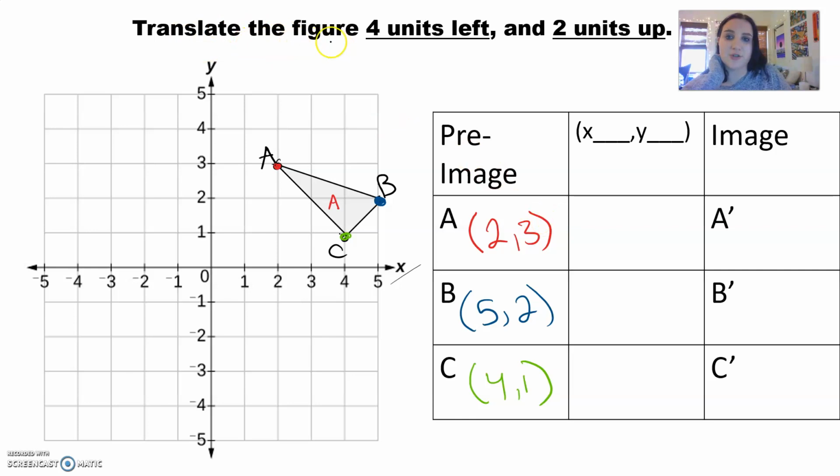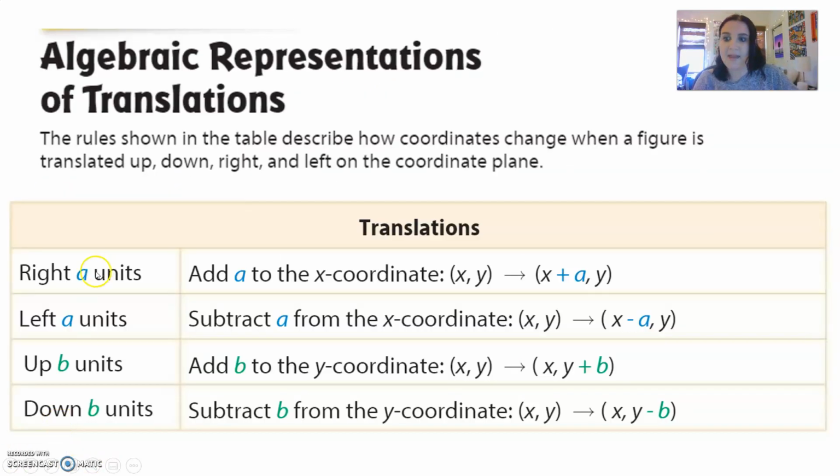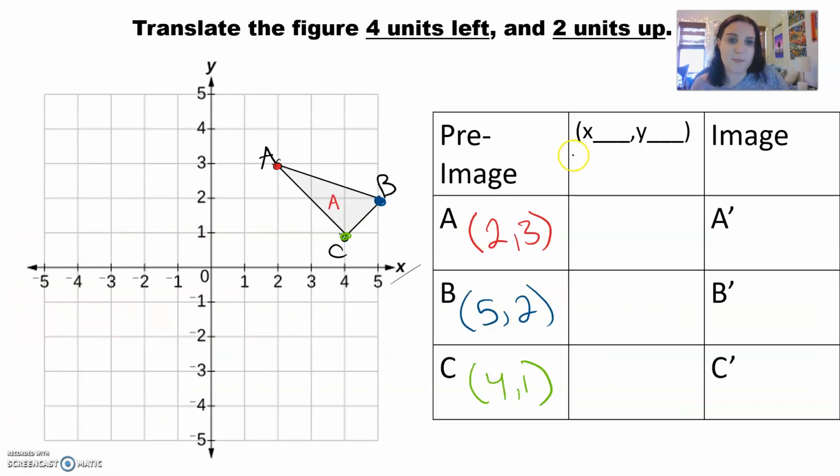So the directions say to translate the figure 4 units left. If I go back to the table, left A units means I subtract A, or in our case 4, from the x coordinate. So if I'm going left, I'm going to subtract from the x coordinate. So going back here, I'm going to subtract 4 from the x coordinate because this is my A, and if I'm going left, it means I subtract